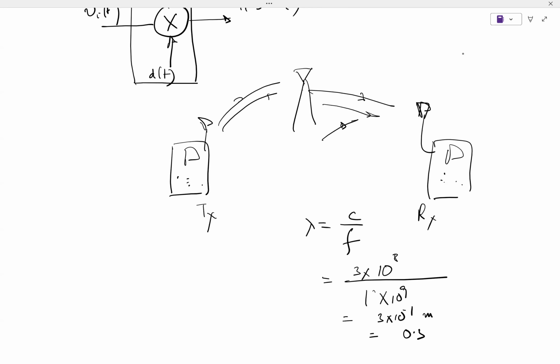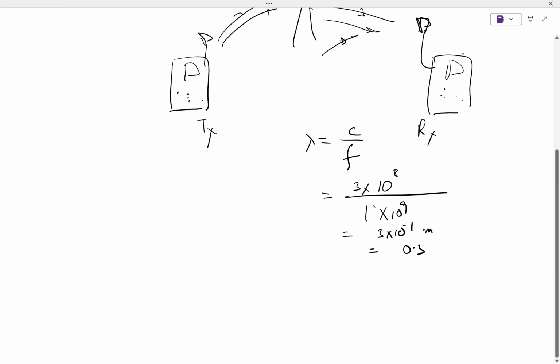directly. Basically, we do not necessarily send out the signal that we need to communicate with. We first transfer the signal to a different frequency. We call it a carrier frequency, of some predetermined high frequency, and then we transmit that frequency. Okay, so the first thing we do is